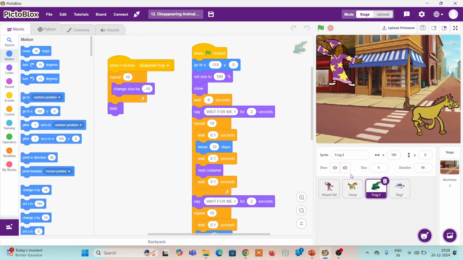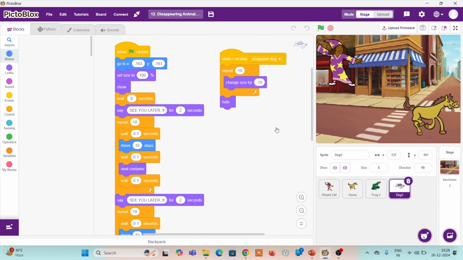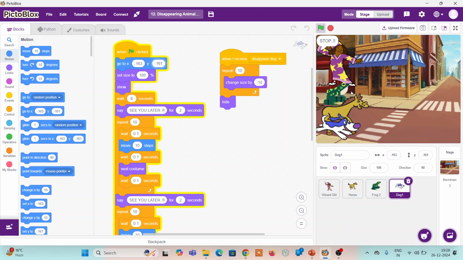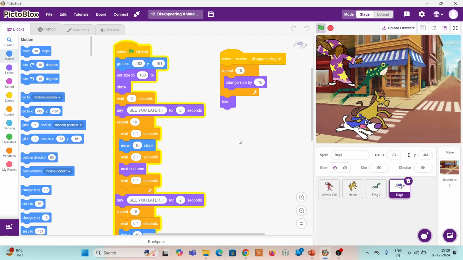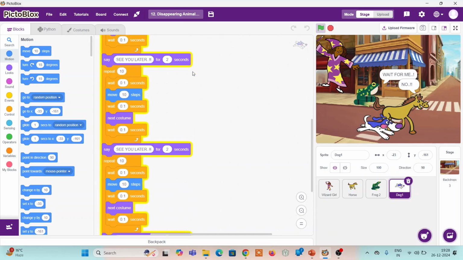Likewise, similarly for the frog, setting the default starting location, and setting the size back to normal, then displaying a message and keep on running on the game stage using these repeat blocks. Likewise for the dog, giving some starting location, so every time when you click on the green flag, they will start from here only, whatever locations we have given, and then display some message, like they are talking amongst themselves, and then they are running on the game stage by changing the next costumes using these repeat